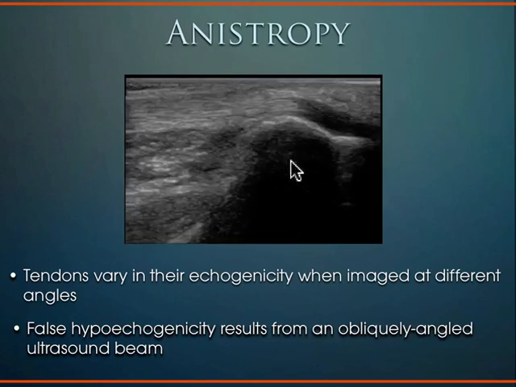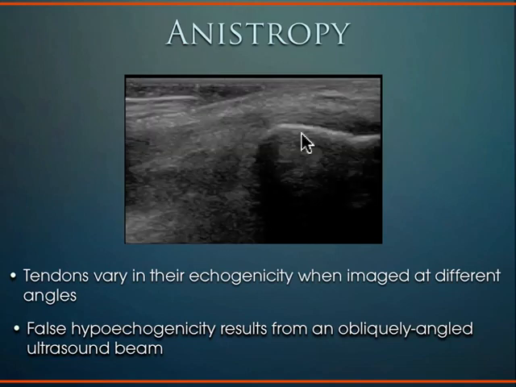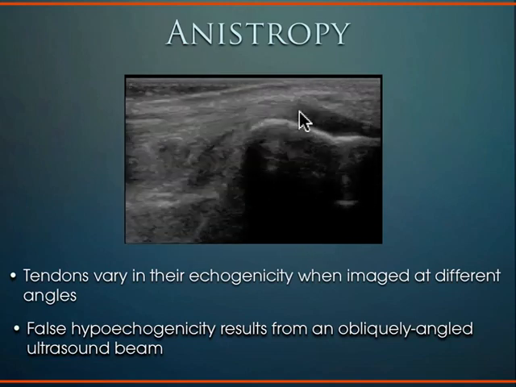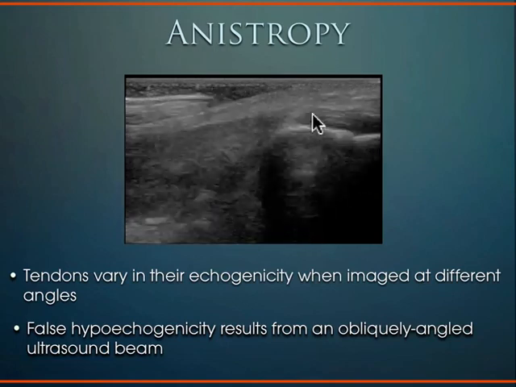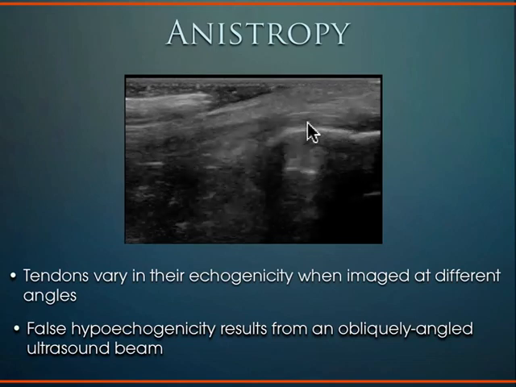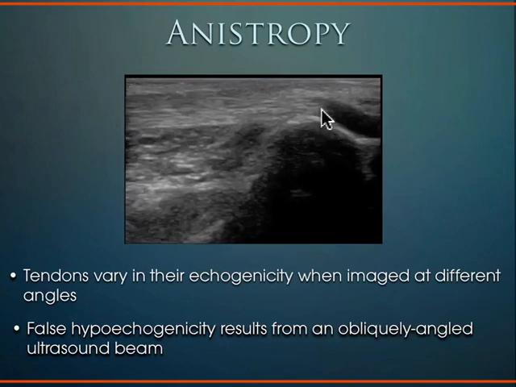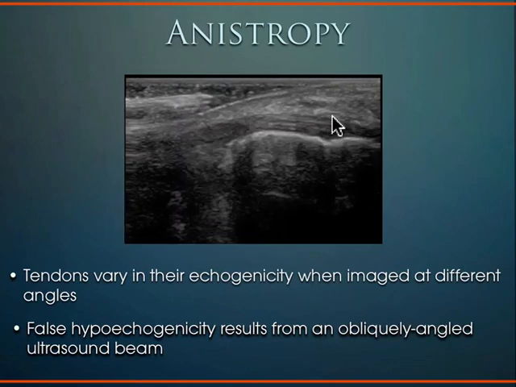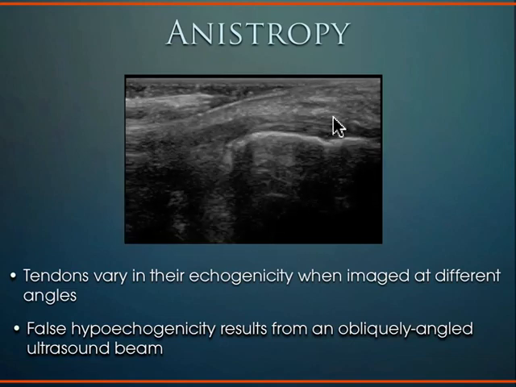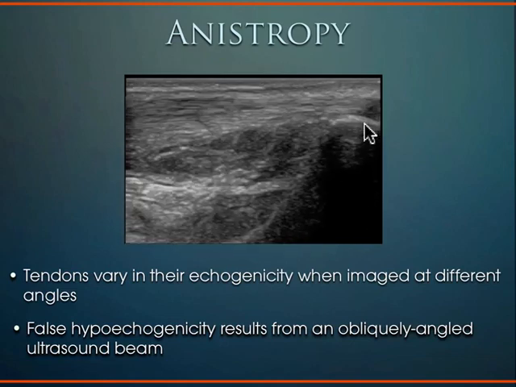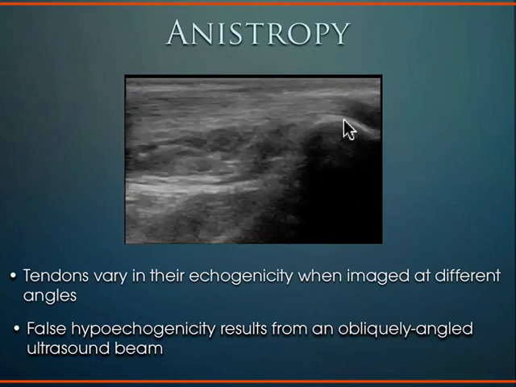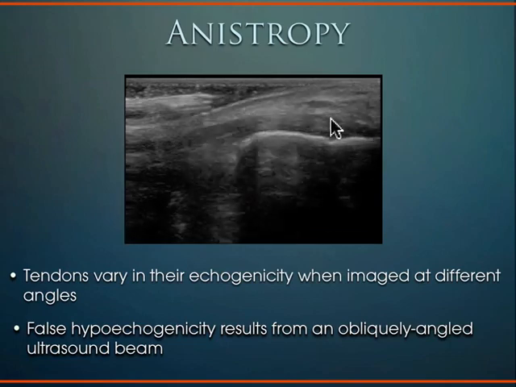What you're looking at here is a bony cortex right here. This is the overlying tendon structure, this fibrillar longitudinal pattern through here, with the overlying subcutaneous tissue. What the practitioner is doing right now is bringing the probe from what we call heel to toe, so just rocking the probe. As you do that, look at this area here, it goes black, but then it comes back into view with that fibrillar pattern, goes black, and then comes into view with the normal fibrillar